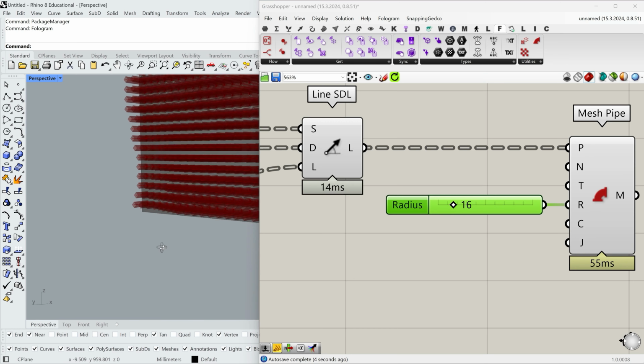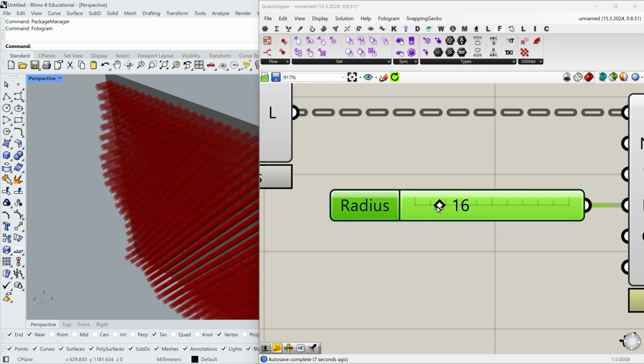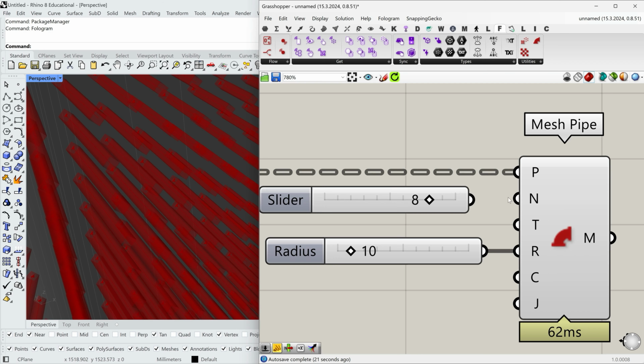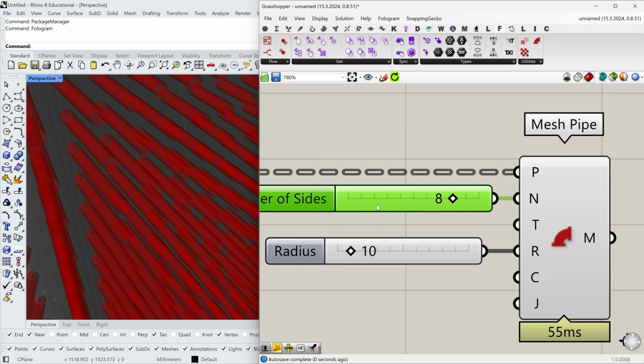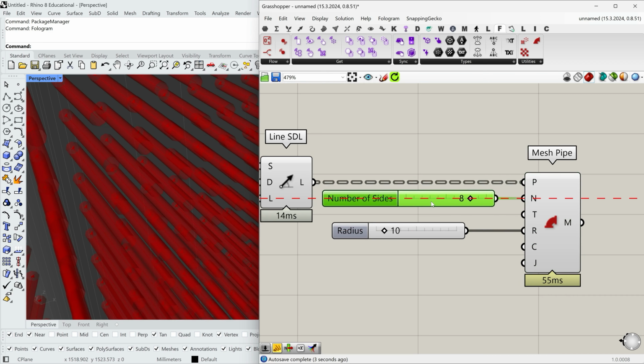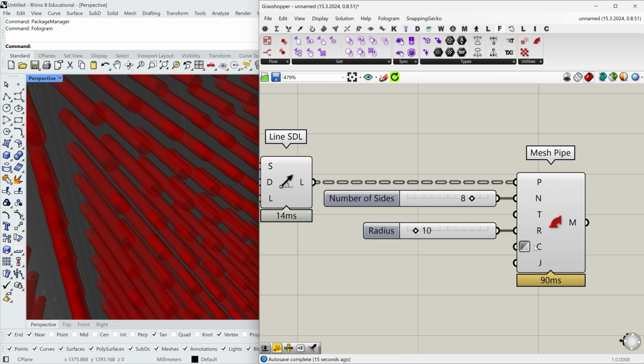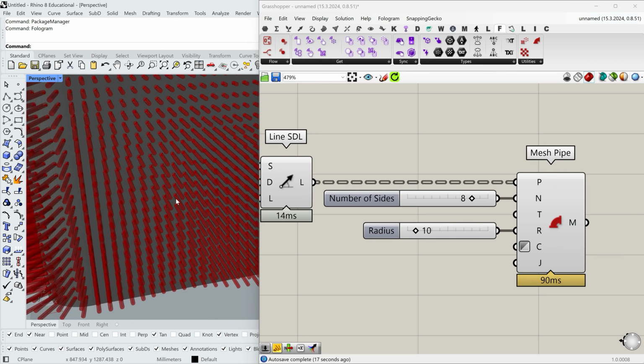I'll probably go with just 10 millimeters. Great. And I increase the number of sides to make them more roundish. Let's say 8 sides. Great. And the last but not least thing, I'm going to cap all the rods. Right click on the cap input, invert it, and I have a proper mesh rods geometry.